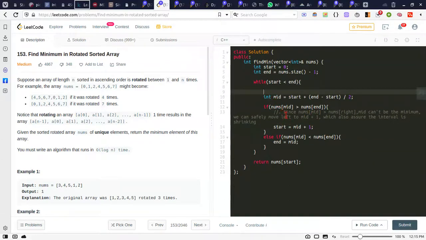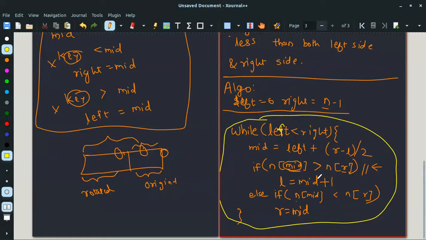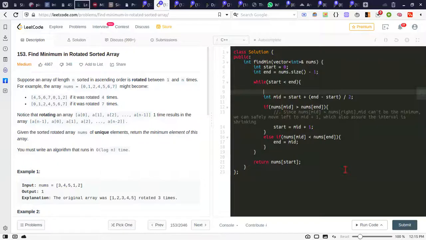Look at this: my first condition is if the number at mid is greater than the rightmost element, then we can safely move left to mid plus 1, because mid is certainly not the lowest element in the array. So we will set start equal to mid plus 1.